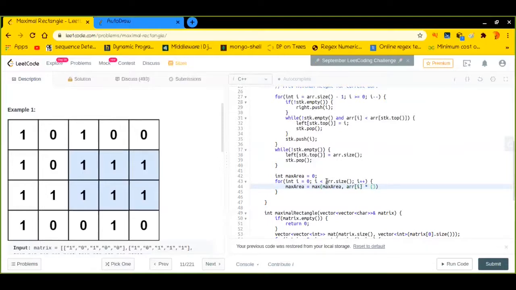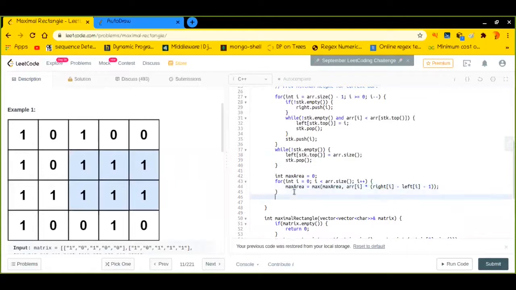The width is the range that it can take, so it will be right of i, the next minimum value on its right, minus left of i minus 1. This is the range it can take, so this will be the width. This is the height and this is the width, and collectively it is the area of the current bar that it can contribute to.